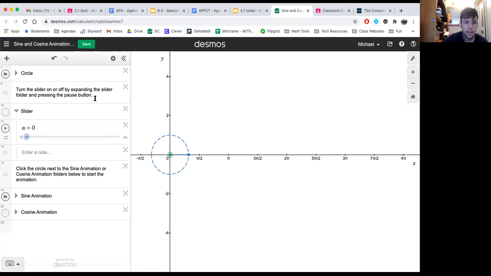So let's go ahead and play this. And as it goes, it's going to be creating this graph. So here we go. It's going down. And then I'm going to try to pause it at one cycle right here. Okay, so I paused it a little bit after a cycle, but we went around the unit circle one time,